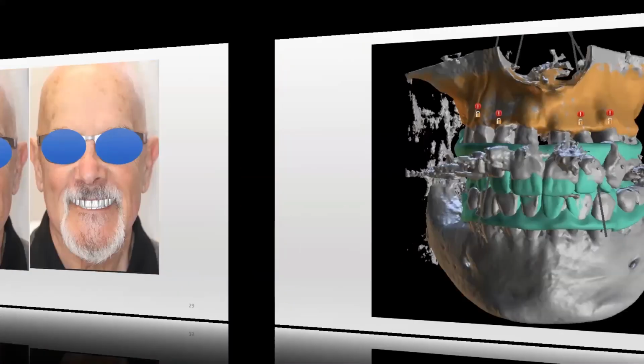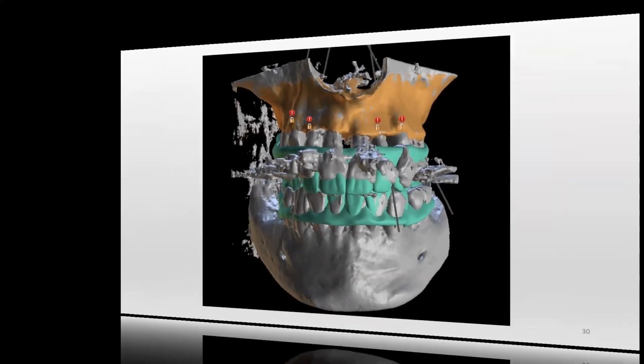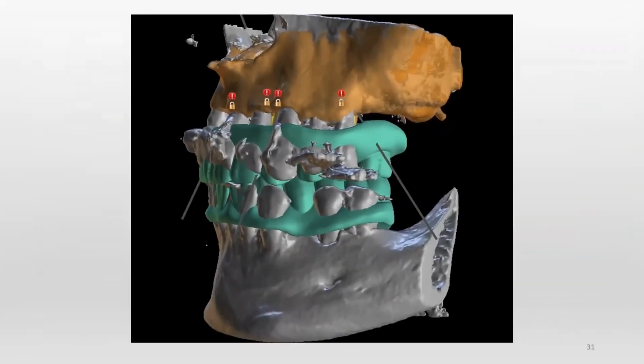And then now we go on to the BlueSkyBio and plan the implants as well, do the jaw segmentation, and we,